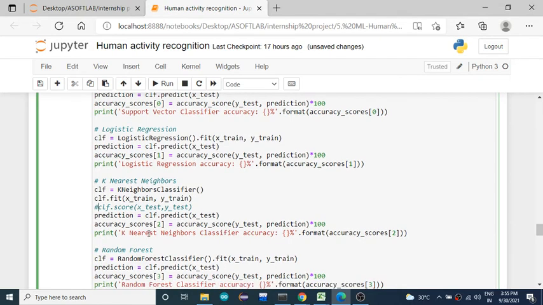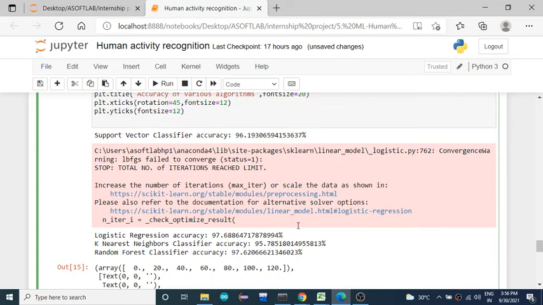Okay, so after checking the model accuracy, what should we do? Deploy. If I execute this, I'll get these different accuracies. My support vector classifier gives 96% accuracy, logistic regression gives 97%, k nearest neighbor gives 95%, and the random forest algorithm gives 97.62%.